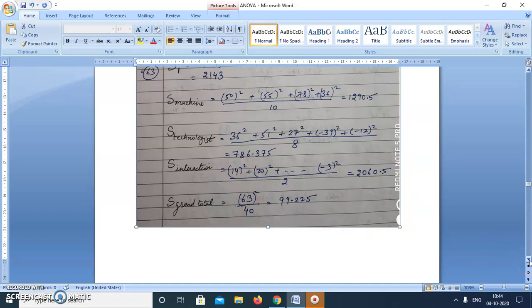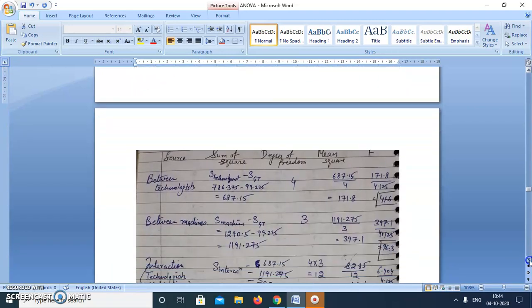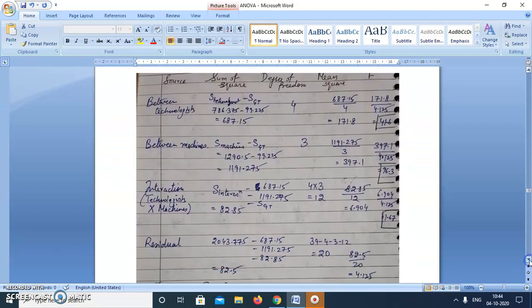Now we'll prepare the ANOVA table. Okay, now this is your ANOVA table. In this case, we'll get 3 F ratios. One F ratio will be for technologist, one F ratio will be for machines, and one F ratio will be for interaction between technologist and machine. Now how we'll proceed is,